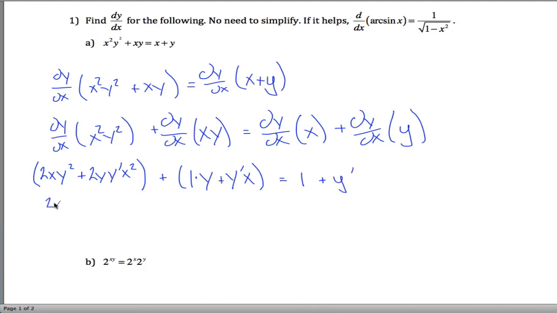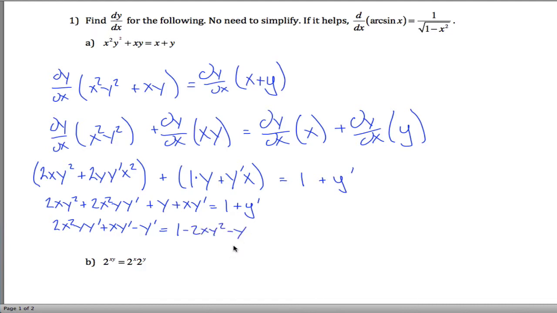So what I have is 2x y squared plus 2x squared y prime, if I just reorder some stuff, plus y plus x y prime, again just reordering, equals 1 plus y prime. I want to solve for y prime. I have 3 different terms that have y primes in them, so I'm going to get those all together on one side of the equation, meaning I'm going to subtract 2xy squared from both sides and y from both sides and y prime from both sides. When you do all that algebra and the dust settles,